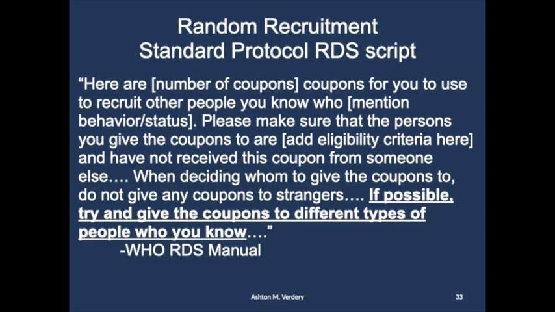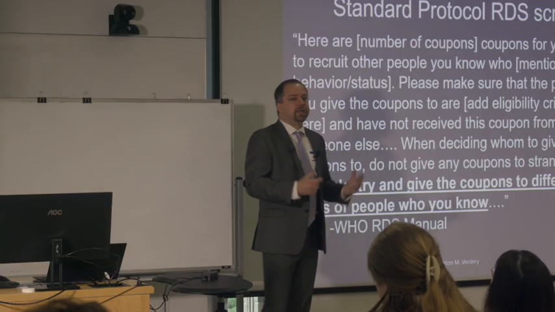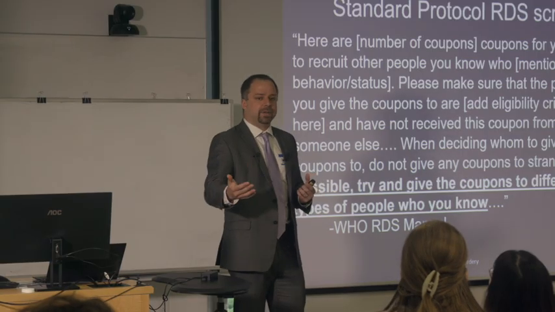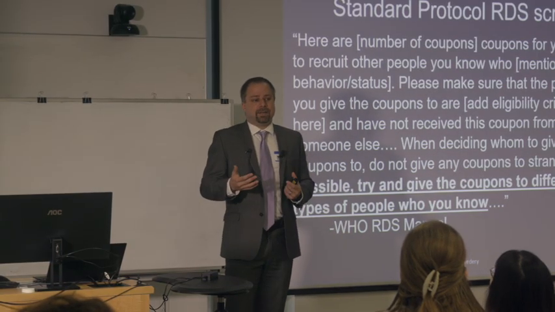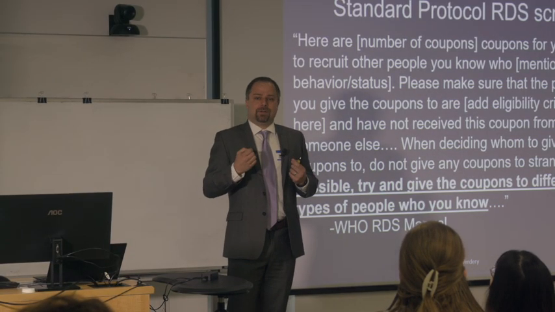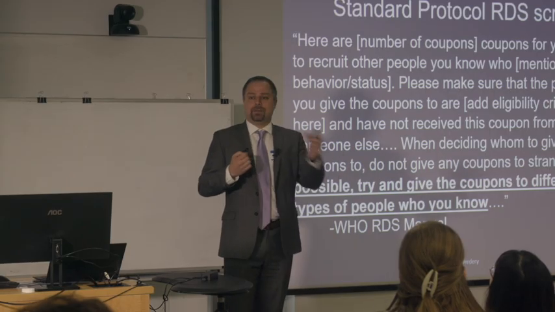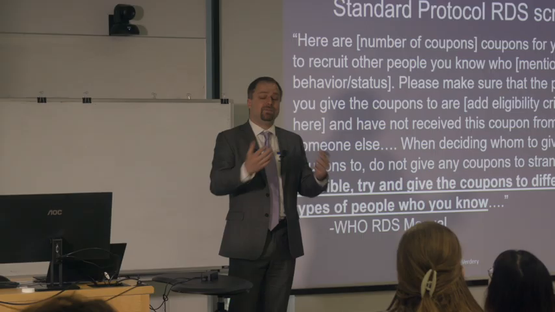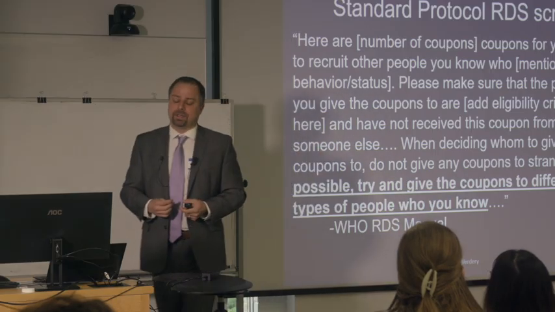And I want to emphasize that the classic RDS literature tries to get people to recruit at random among their friends. All those probabilities that I showed earlier, that idea that probabilities are converging as the sample gets further into the network, are premised on the idea that if I have 3 friends, I have an equal likelihood of giving it to friend A, friend B, or friend C, right? And to the extent that that's not true, that might severely bias the estimates that are obtained from